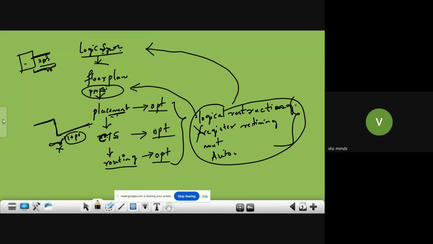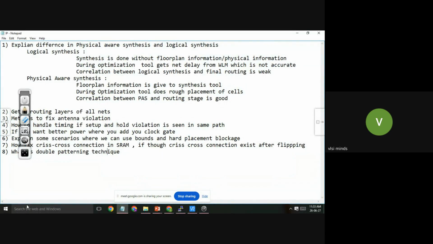Yes, but during logic synthesis also all these optimization techniques are done. But a tool will do them only if it is violating, correct? If it is not violating, the tool will not do. But here it is not violating because the wire load model is using less net delay, but actual net delay is different. So here timing is met, but here timing is not met. So the tool fails to do all this optimization here because you already have better results. Your tool feels okay, I have better results. Okay, sir, understood. Thank you.